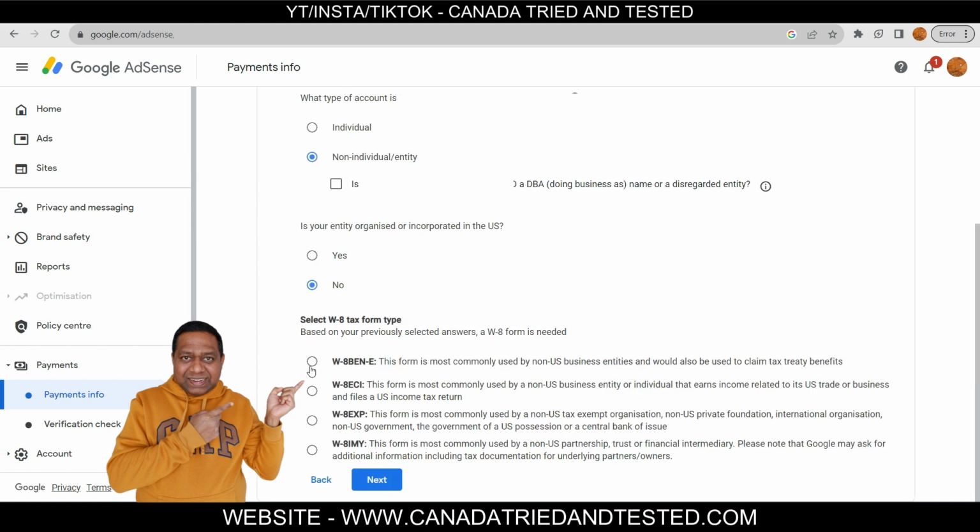Once you do that, now Canada has a tax treaty with the US, so I'm selecting this. You'll have to check if your country has a tax treaty and then, based on that, you'll have to select one of these options. Canada has a tax treaty, so I have selected this option. And once that is done, start